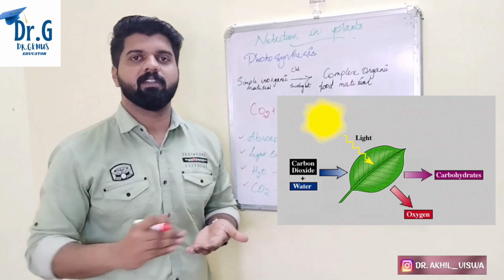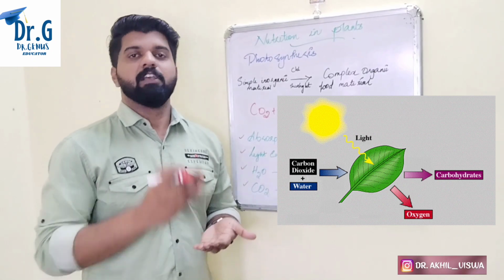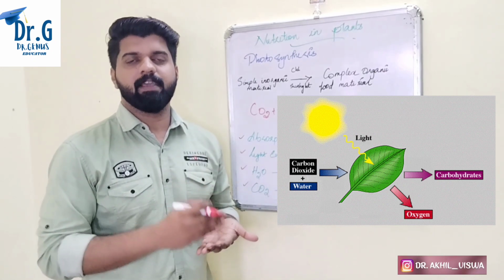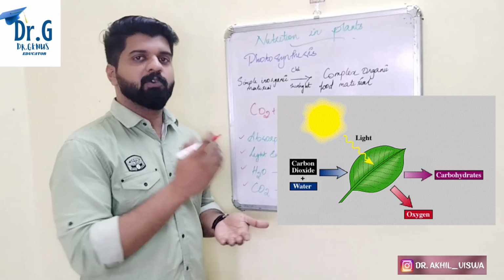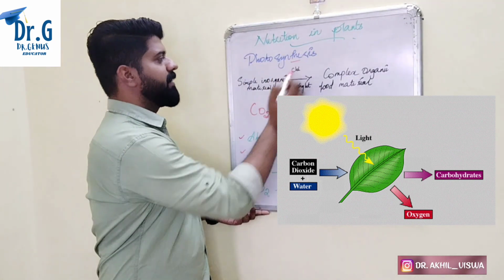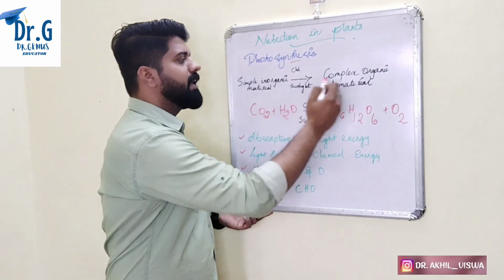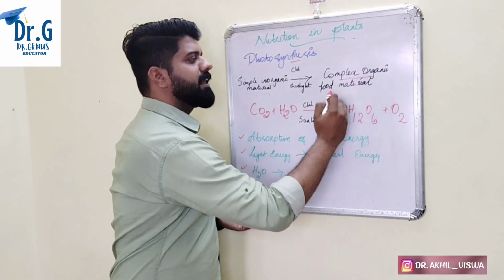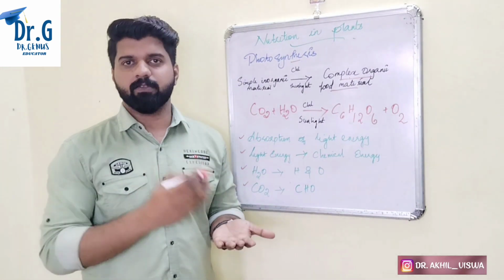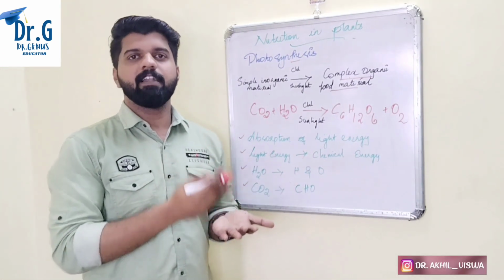So that process is called photosynthesis. So let's see, what do you mean by nutrition in plants? What do you mean by photosynthesis? Photosynthesis is defined as the conversion of simple inorganic material into complex organic food material, which means the process of conversion of simple inorganic